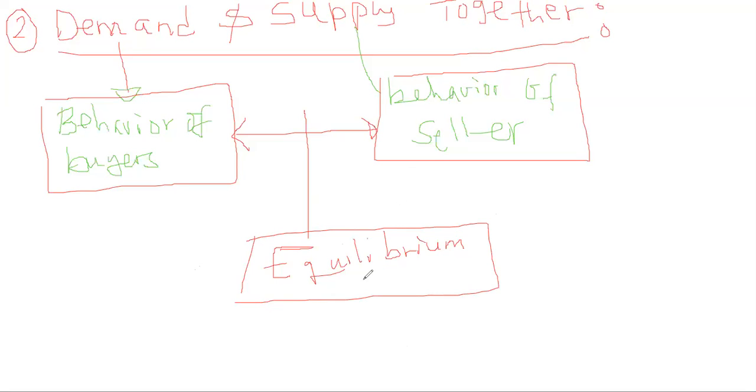Let's continue. So we have an equilibrium condition. The interaction between the buyers and sellers will lead to something called equilibrium in the market. And what is equilibrium? When we talk about equilibrium, it just refers to a situation in which the price has reached the level where quantity supplied equals quantity demanded. So equilibrium is a situation in a market where quantity demanded equals quantity supplied. And this quantity, whereby the demand and supply are equated, will also lead to the equilibrium quantity